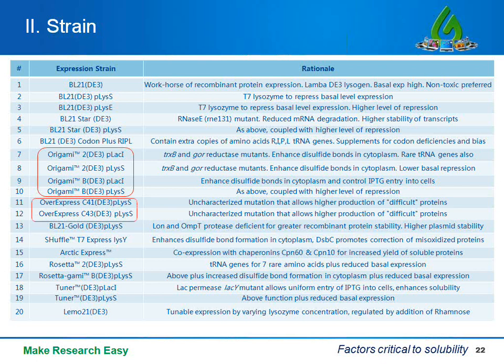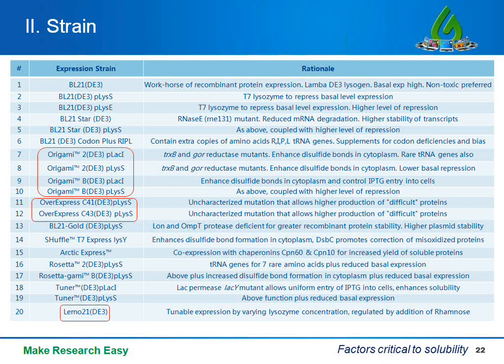The Overexpress C41 and C43 strains have an uncharacterized mutation that allows higher production of difficult proteins. The Lemo cells allow you to tune expression by regulating lysozyme concentration, and you could do this by adding rhamnose. There are a few other strains not listed in this table that do very well with toxic proteins. For example, BL21-AI, which is the arabinose inducible strain, is designed to give you high protein yields with tight regulation using a T7 promoter system. We have used these and a few others with impressive results in the past.